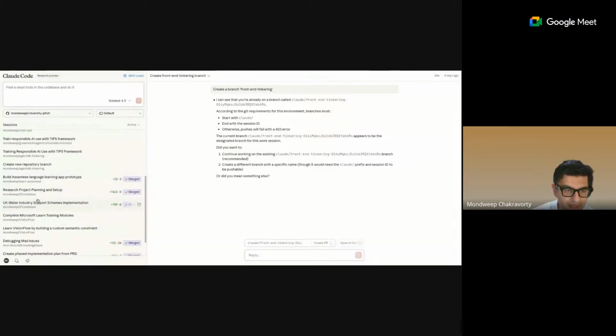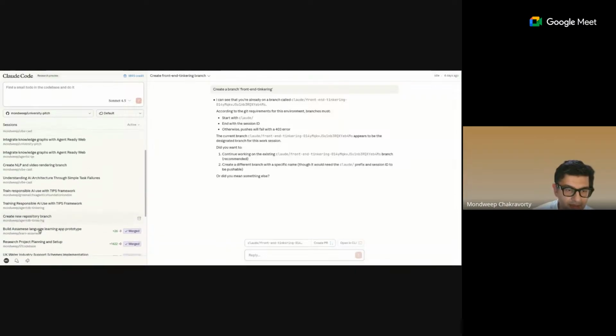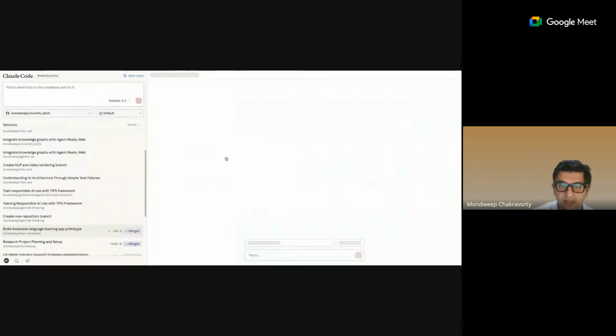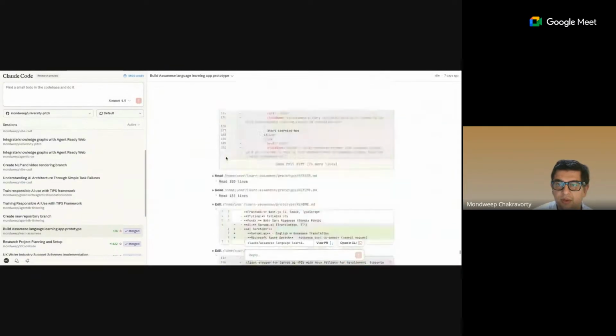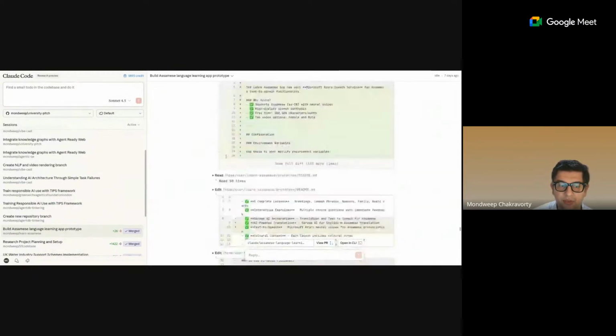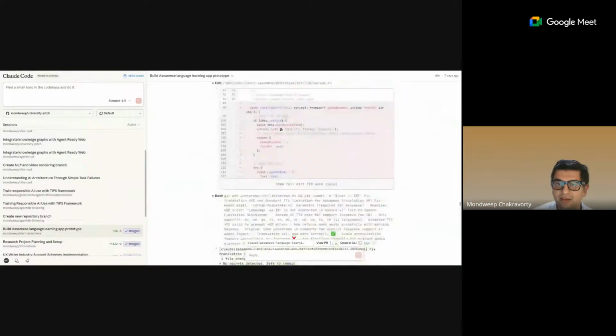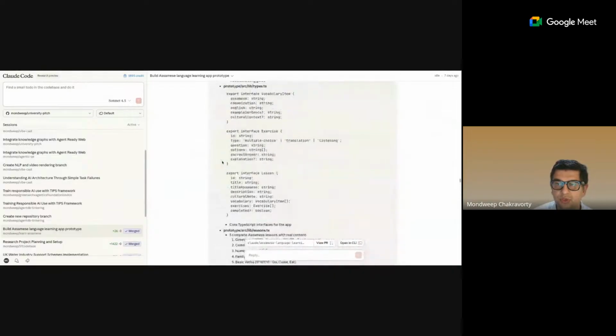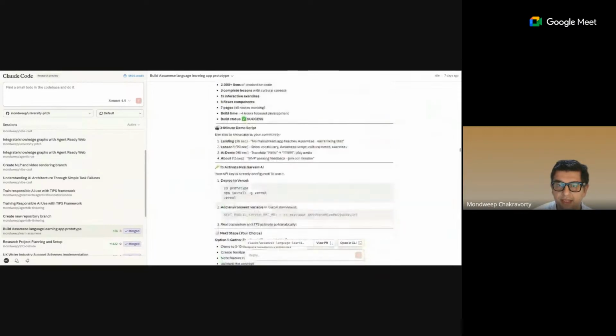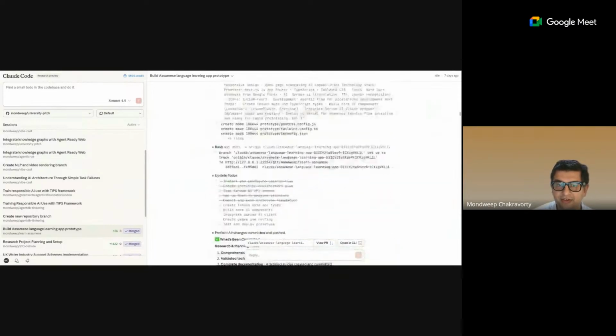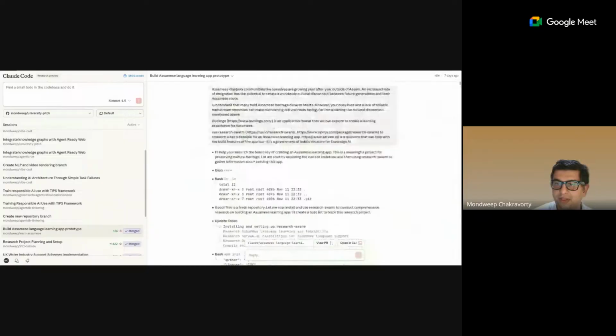I was trying to figure out something I can show you, but maybe this is where I started probably. So if I go here, for example, this is a project. This is a language prototyping app I was building. So it did all of it. But if I go to the very top on the prompt, that's a lot of code it built. I didn't think it was so long, but I'm almost there.